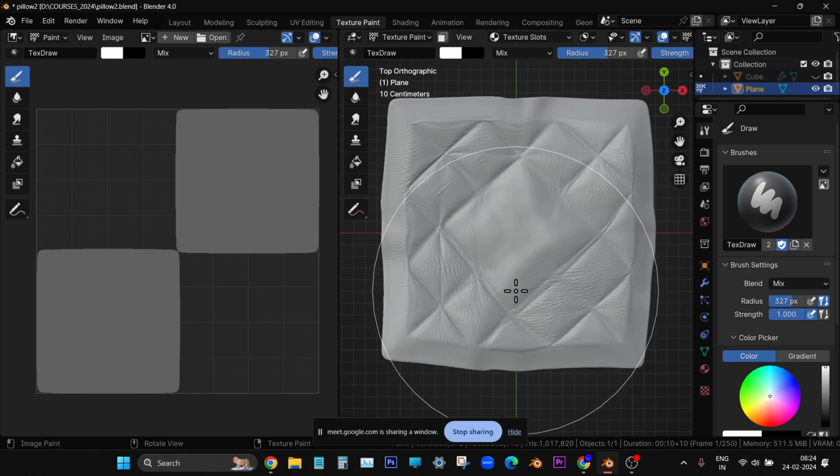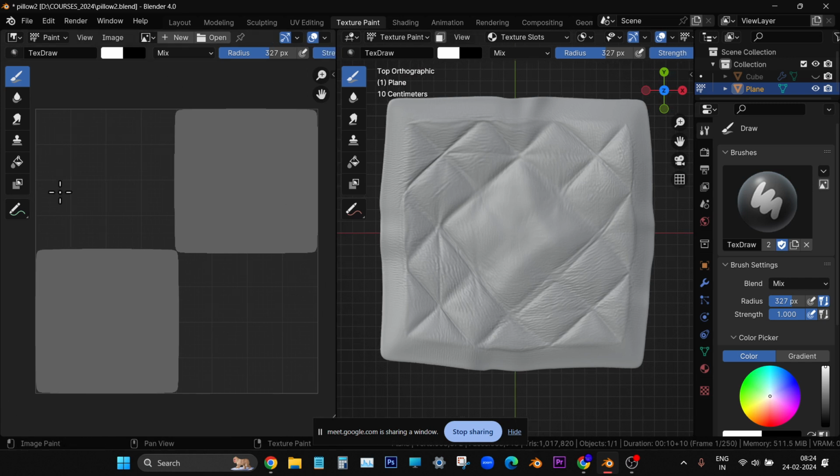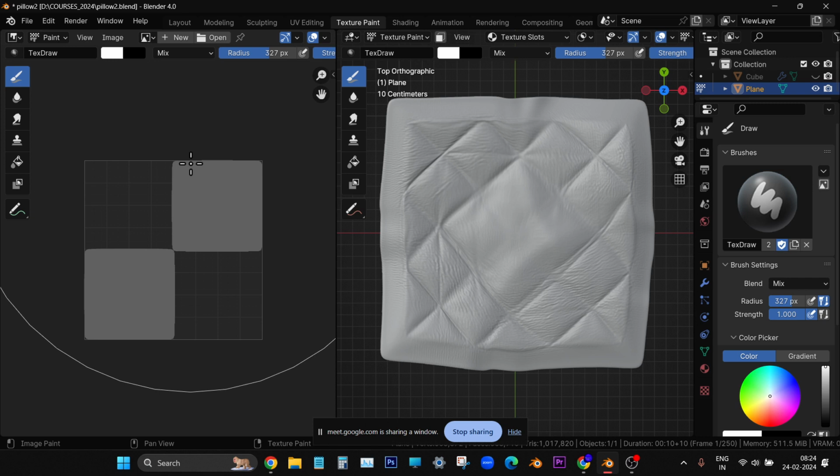Now in the texture paint, first what we have to do is this left side, you are seeing one panel. It's like Photoshop. The entire texture paint module is like Photoshop only, but specifically this left side panel is there. Right side is 3D viewport. Left side is